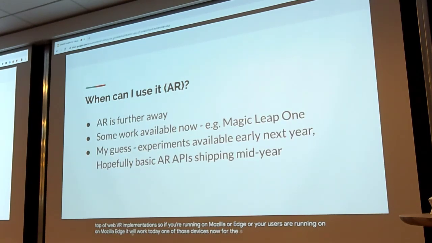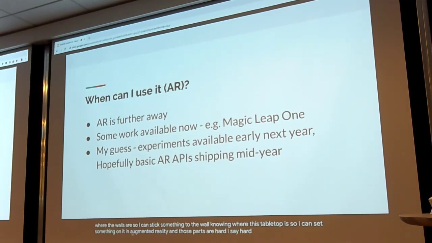Now, for the AR scenarios, for building AR work, the design is a little bit further behind. Especially for how to expose real-world understanding, because part of AR is just being able to have this pass-through rendering where I can make a 3D object appear to float in midair, and I can walk around it and examine it and all that sort of thing. But part of it is being able to recognize the real world, knowing where the floor is, knowing where the walls are so I can stick something to the wall, knowing where this tabletop is so I can set something on it in augmented reality. And those parts are hard.